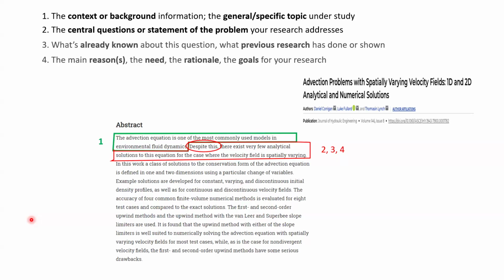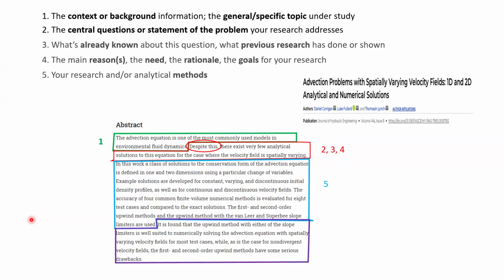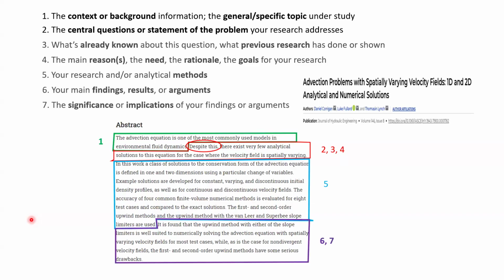Now this 2, 3, and 4 are already embedded in there, and this long section here starting from "in this work", the author is describing the work that he has done, your research, analytical methods, and so on, right? And then the last paragraph gives two things. It is found that the upwind... so it gives what the findings are, results and arguments. And the last part,